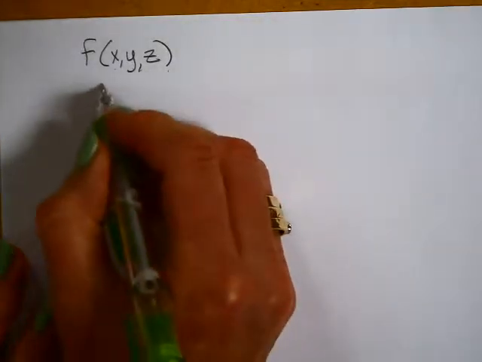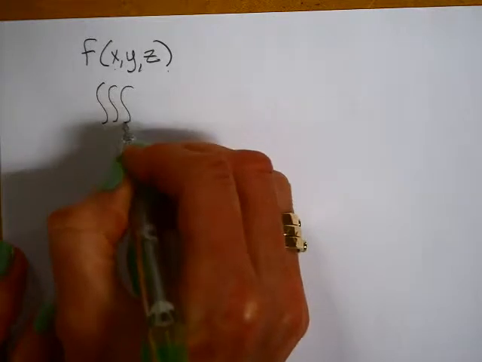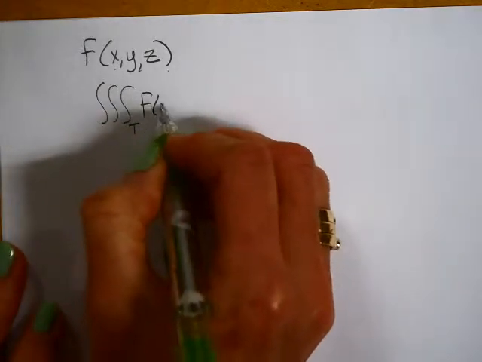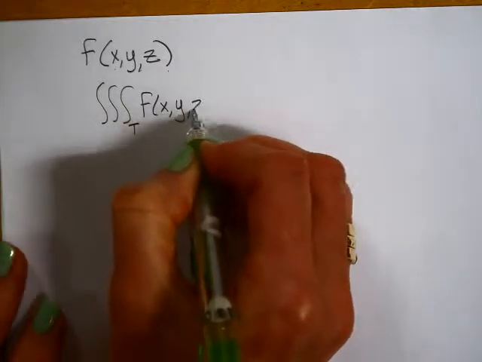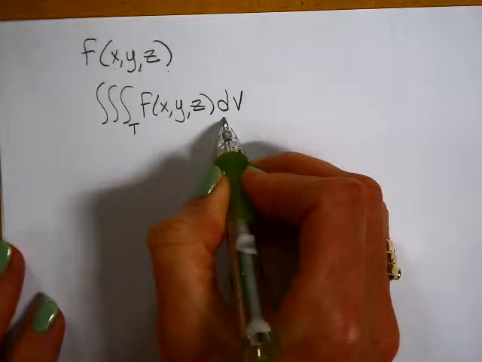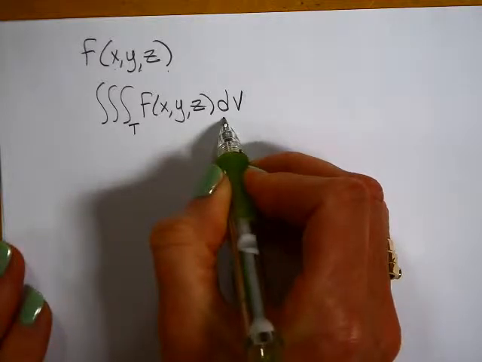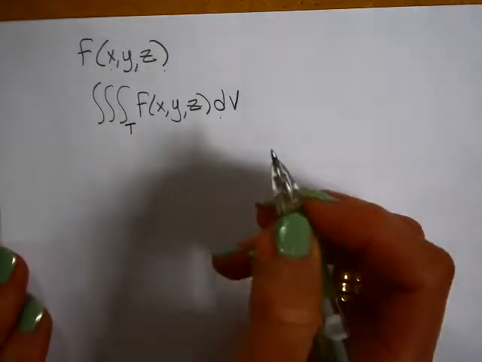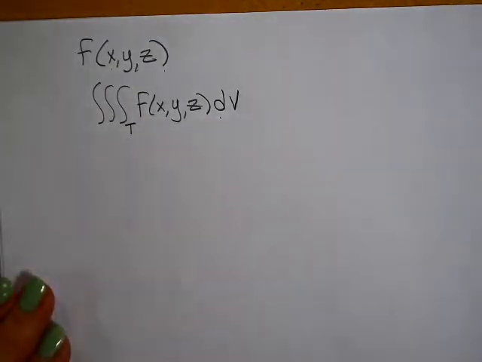So when you have the triple integral over a region, I'll just call the region T, of your function x, y, z, this is a dV because you're integrating over a volume, not a dA, which is where you were integrating over an area. Now, if your volume